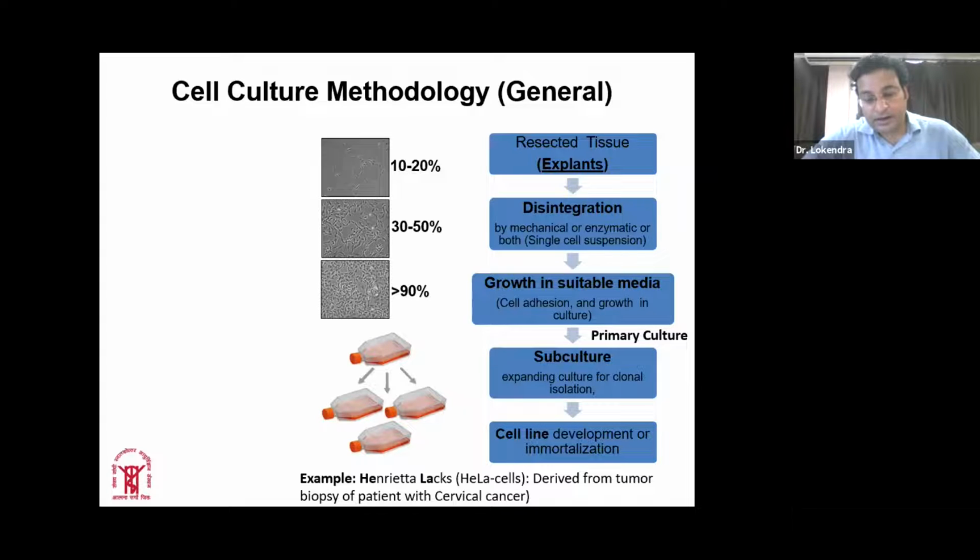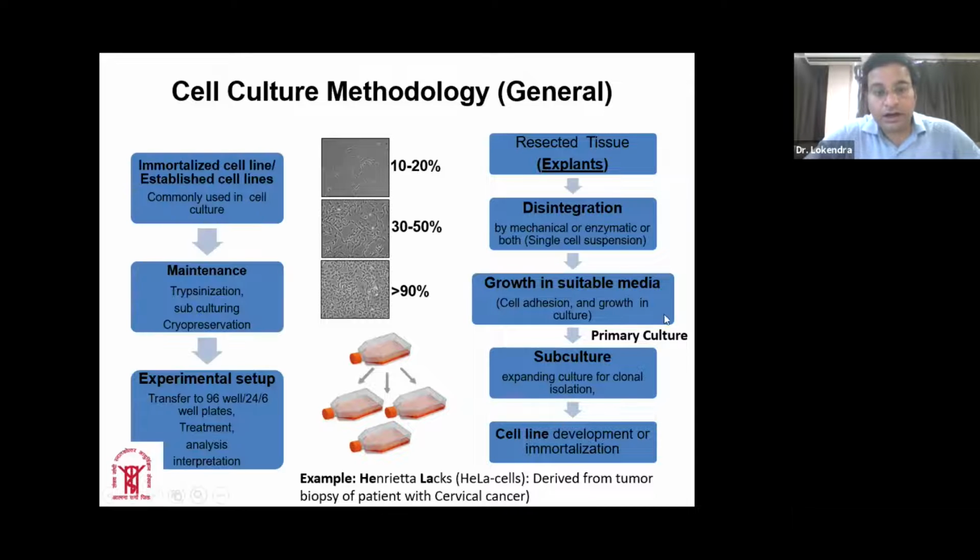But now ethical consideration has improved, and we know more about our own rights and duties, so clinical ethics committees always review before any work which involves patients or patient samples. That is very strict. But this is one very good example, HeLa cells, which have been growing for more than 5 or 6 decades now.